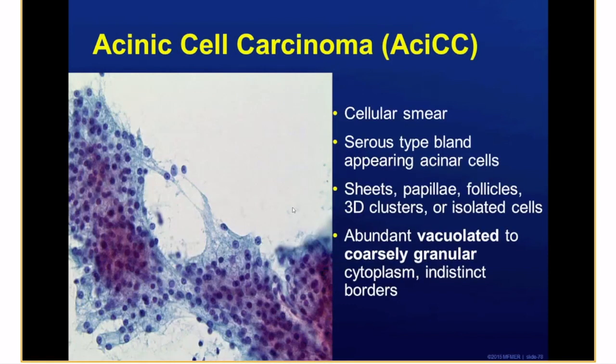On cytology, you tend to have very, very cellular smears. You have serous type looking cells with very bland nuclei. So a very common pitfall would be to think that this is benign or this is just non-neoplastic tissue. But the minute you start to see very crowded sheets, papillae, follicles, and clusters, and this abundant vacuolated, coarsely granular cytoplasm, no fat inside these groups, at least you should be really concerned that this is indeed a neoplastic